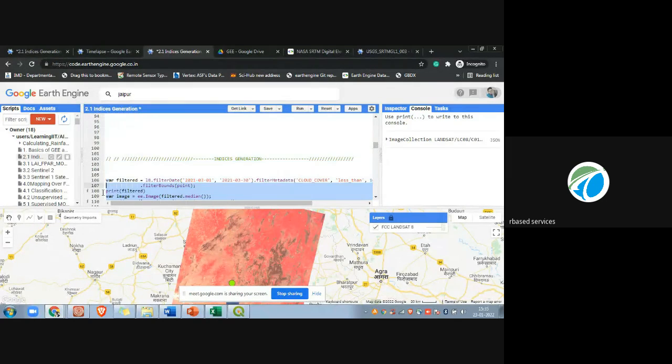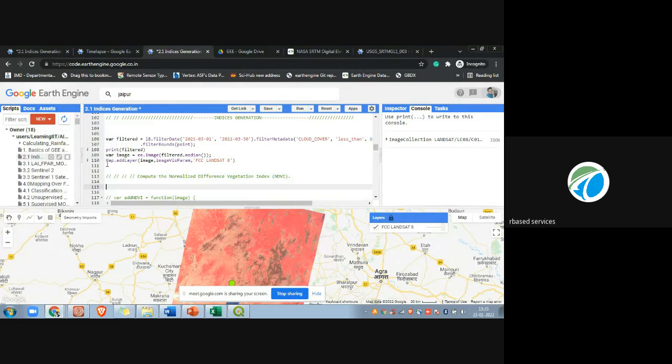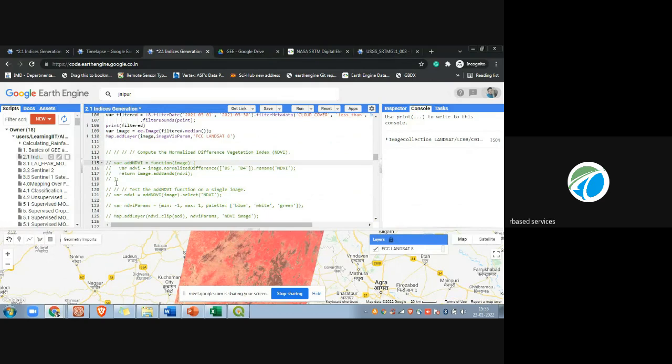The best thing that we can do here is create a simple function. We can use the inbuilt function normalizedDifference. So how will we create a function? We will name a variable. Suppose the variable name is addNDVI is equal to a function in which I will pass some imagery. And inside these curly brackets, this function will create a variable named ndvi, and it will take whatever image I am passing and compute the normalized